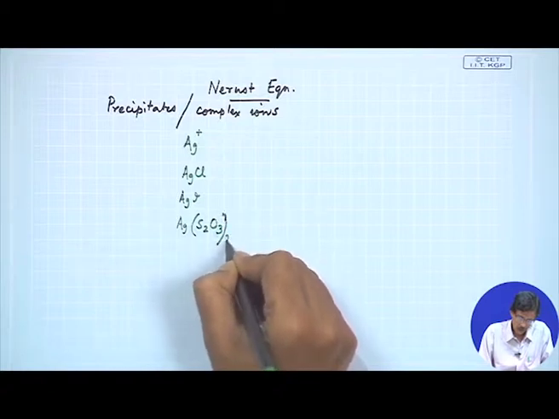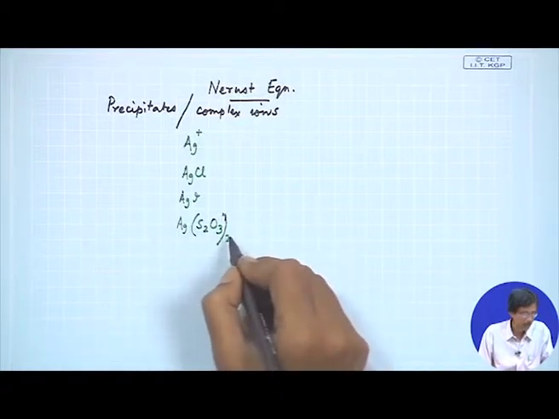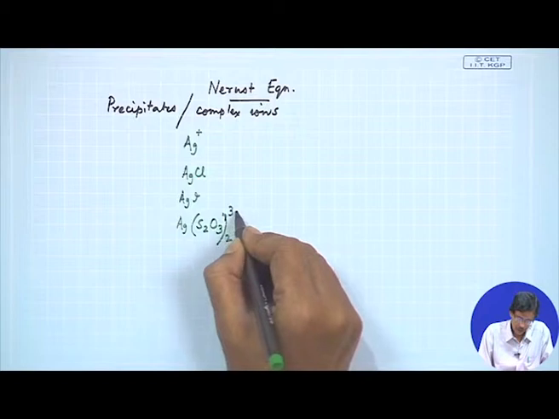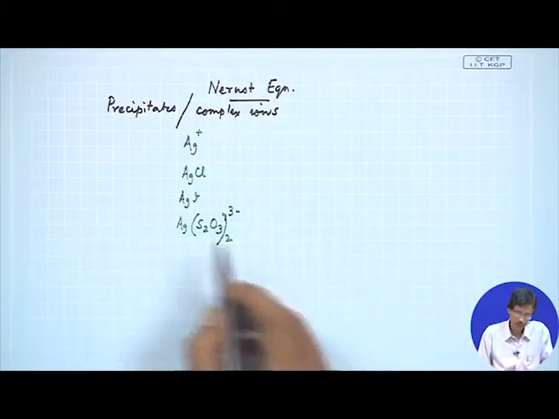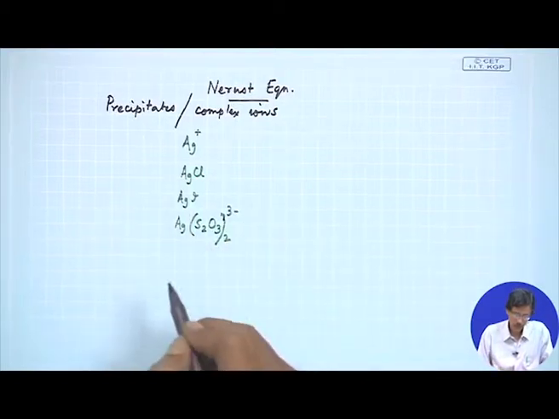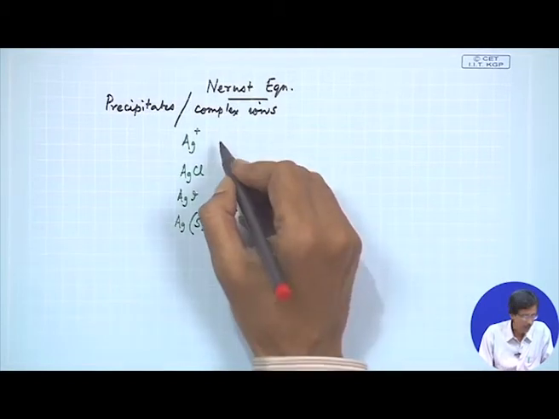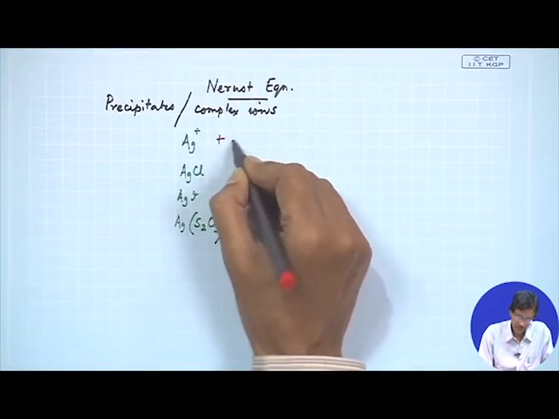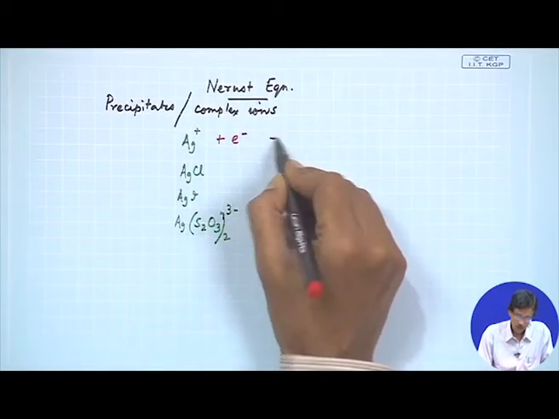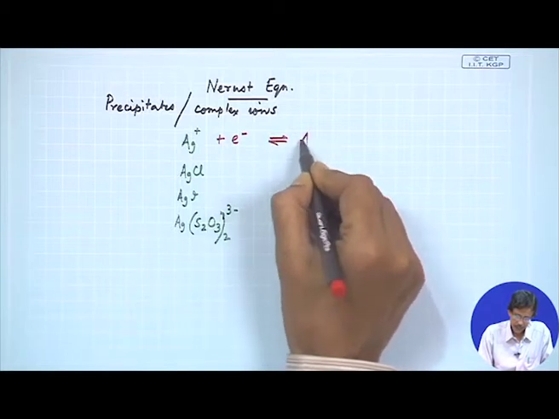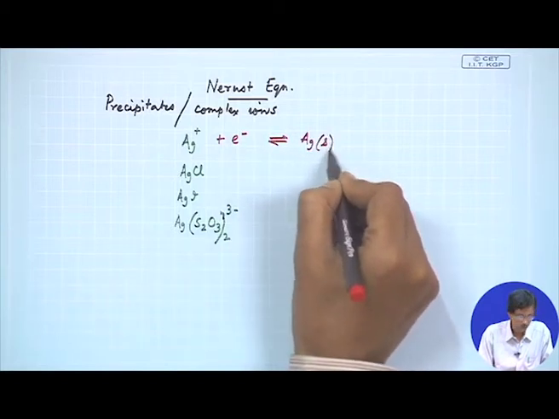So, its charge is 2 minus for the thiosulfate anion. So, overall charge will be 3 minus for the silver ion in the +1 oxidation state. So, when it accepts one electron, we get silver as the solid separating out